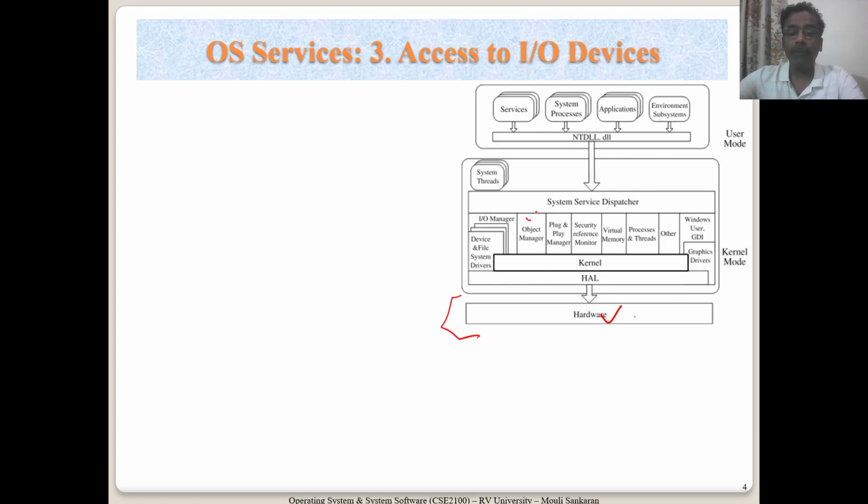Now there is an object manager, because in the OS everything is treated like an object, since object oriented programming is followed when implementing the OS. Then there is plug and play, which is the normal way you connect devices. As you know, we are not doing anything special. When you just connect a pen drive, it is recognized by the OS